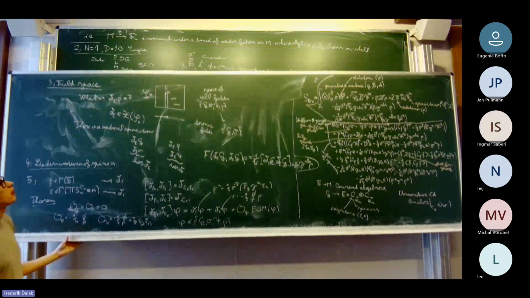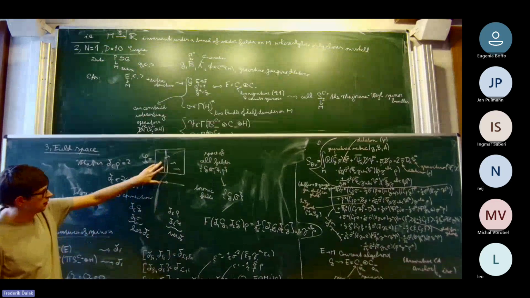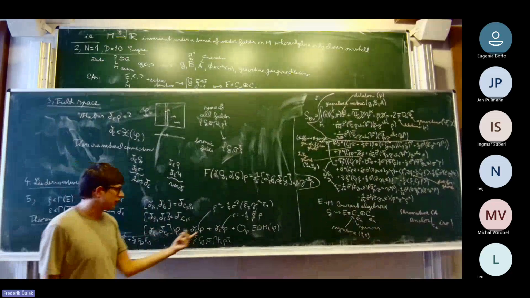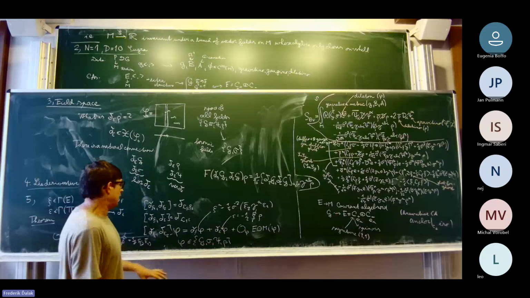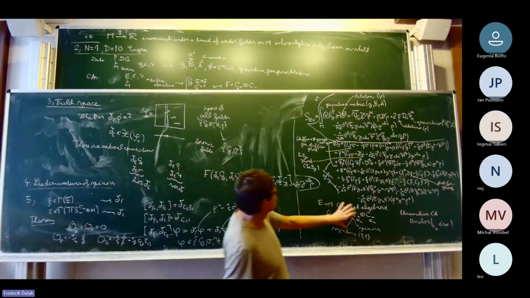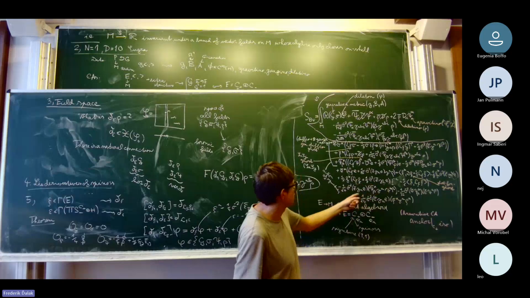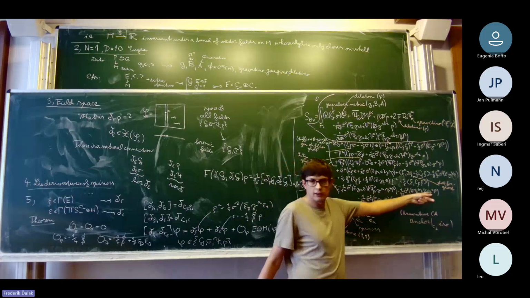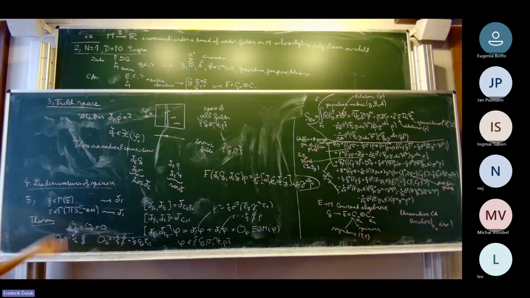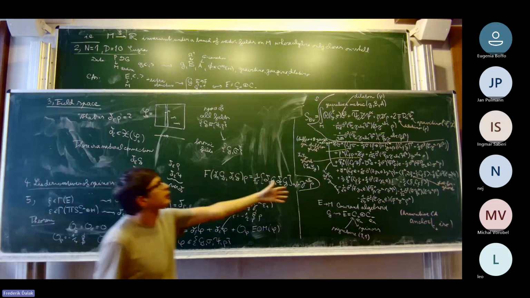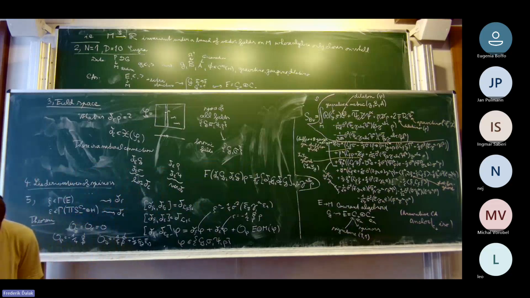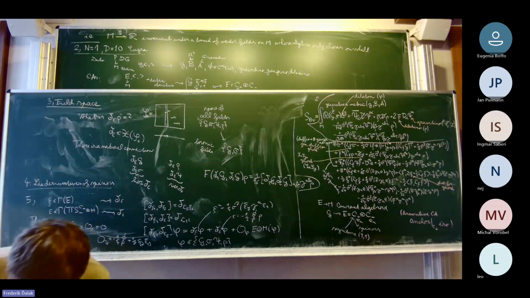If you study the vector fields on this space, then their algebra actually looks like this. It's not really an algebra because it doesn't close, it only closes on shell. If you look at these expressions, in particular these, then this precisely gives you the last two lines. These are the terms which are quadratic in antifields. And maybe the biggest theorem I should mention is that this actually satisfies the classical master equation, which we verified by hand. It also took us a little bit of time, as you can probably guess.